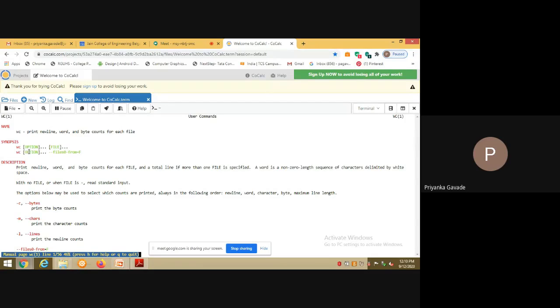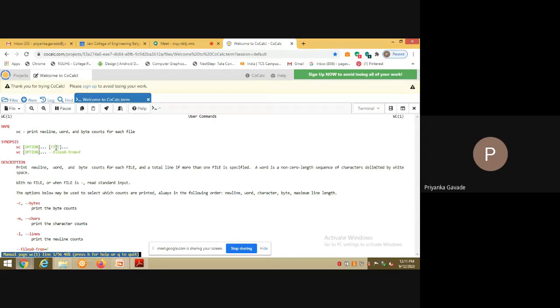So what we see here is that the name of the command is WC and the option is enclosed within a set of rectangular brackets, right? Followed by it, we have three dots. These dots also play a significant role here.